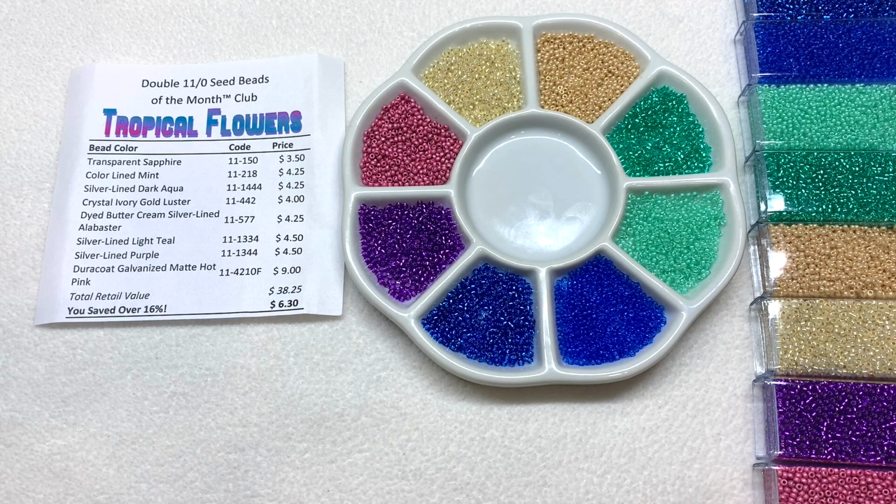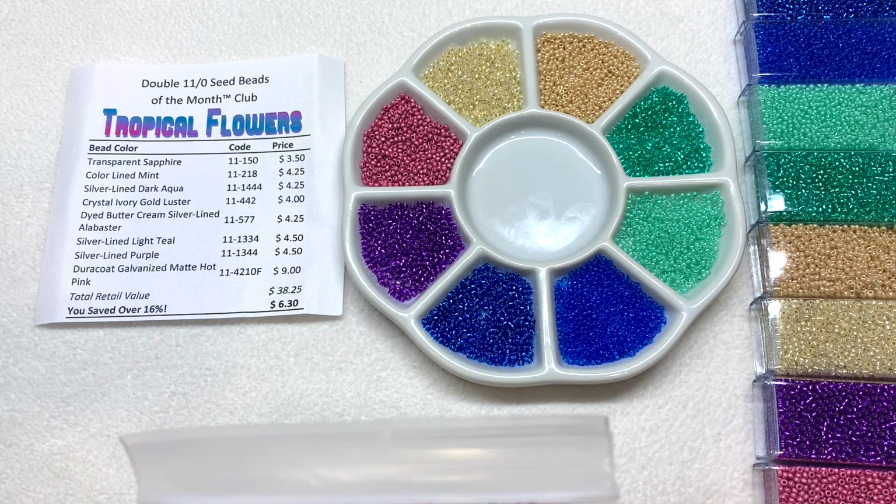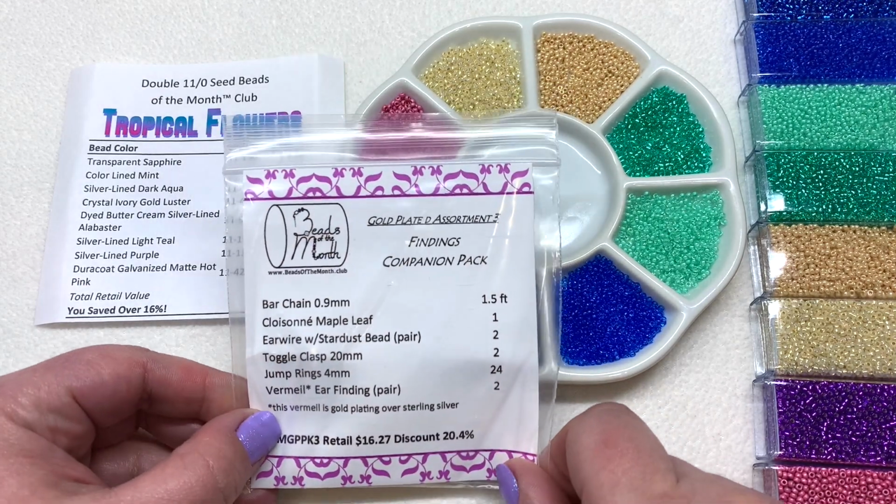You don't have to be on the rotating club. And the same goes for all of their clubs. So it's great if you know what you like and what you use, and you can sign up to receive those things every month. Now that that is out of the way, let's take a little look here at the